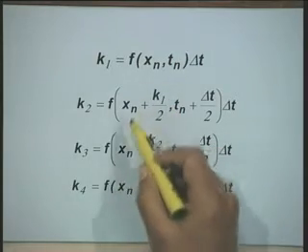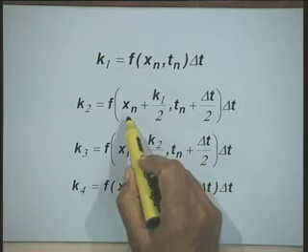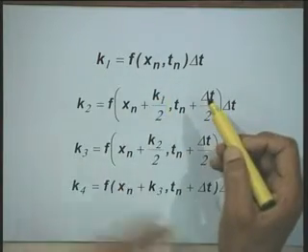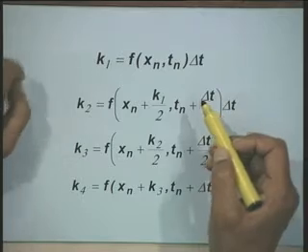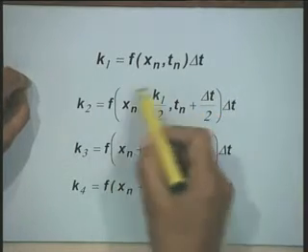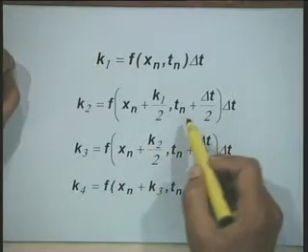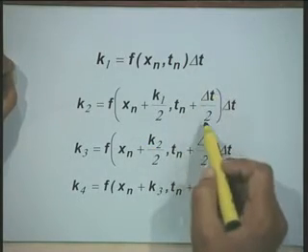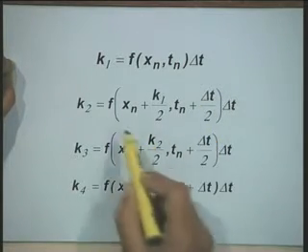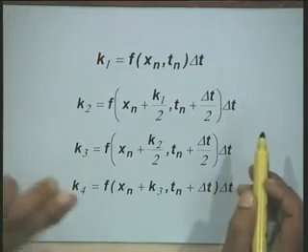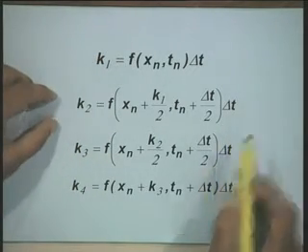Therefore, when I say that this is the value of x, it means it is at the beginning of the interval x n. Plus this quantity, it can be considered to be at the mid of the interval. So I can interpret this total term as being at the mid of the interval, and the time corresponding to this will be Tn plus delta t by 2. Again you multiply this by delta t, so that this becomes an increment in x.